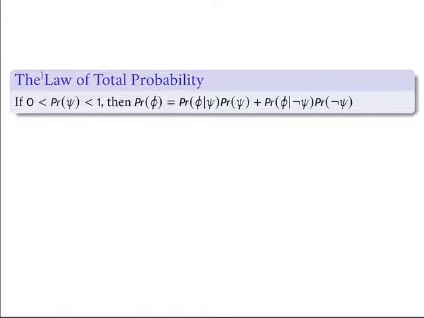So we have this requirement that the probability of psi is not 0 and not 1, so it lies strictly between 0 and 1. And in that case, we can calculate the probability of some other sentence phi by adding up the probability of phi given psi times the probability of psi, and the probability of phi given not psi times the probability of not psi. So if we know the probability of some proposition psi, and we know that it's between 0 and 1, strictly or non-inclusively, then